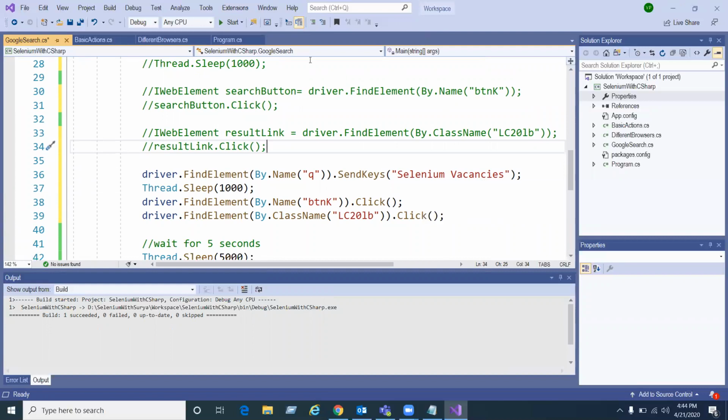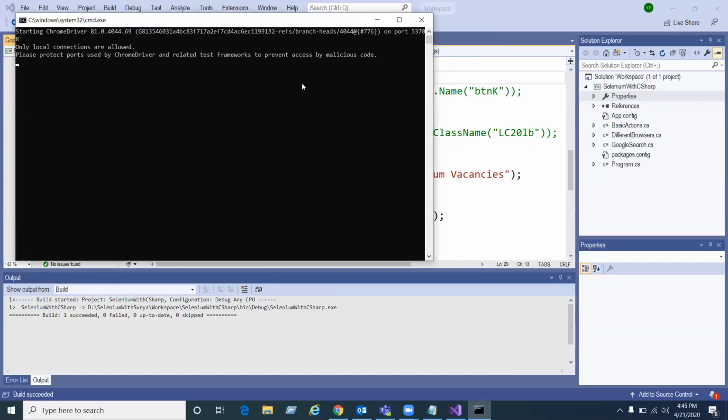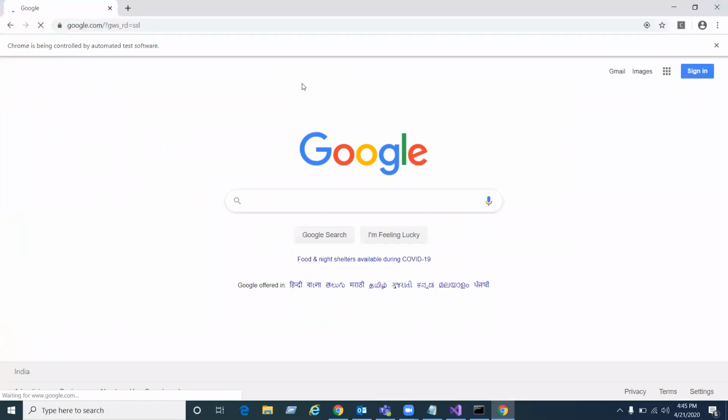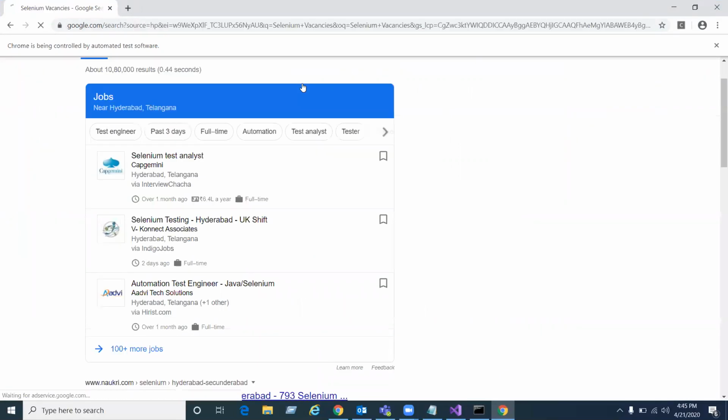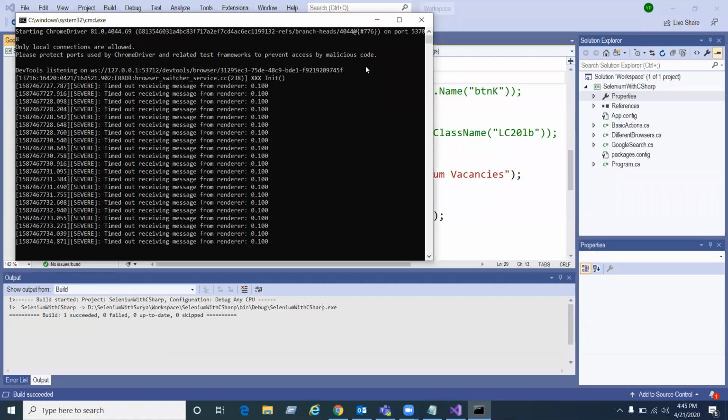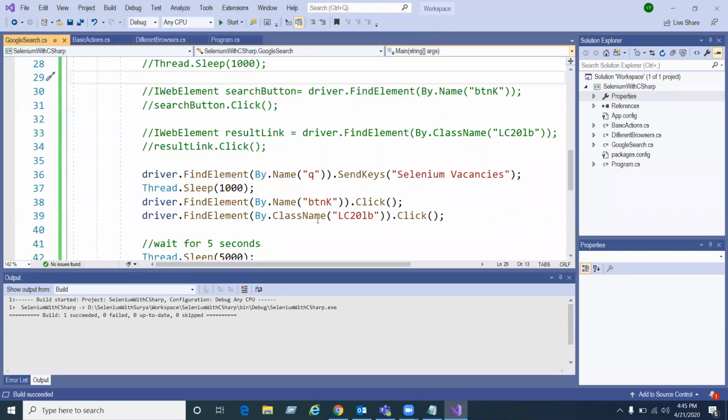Just use Control F. Now see, there is a method called clear.